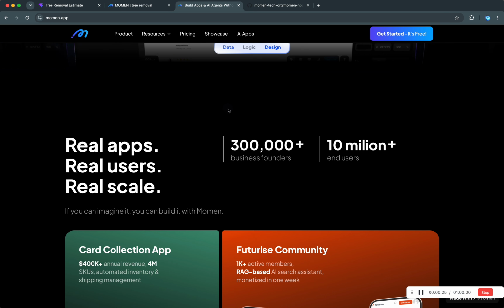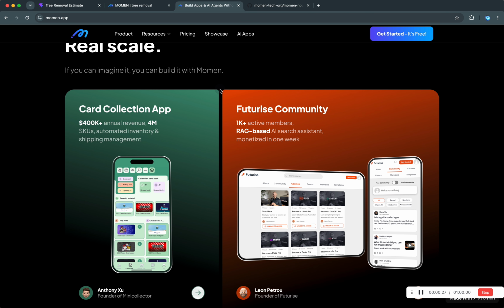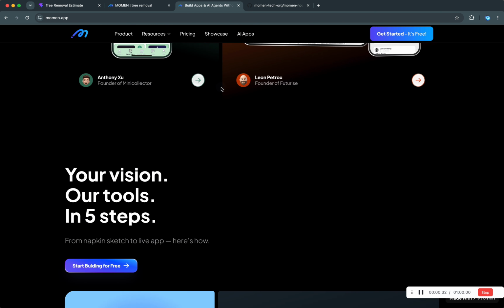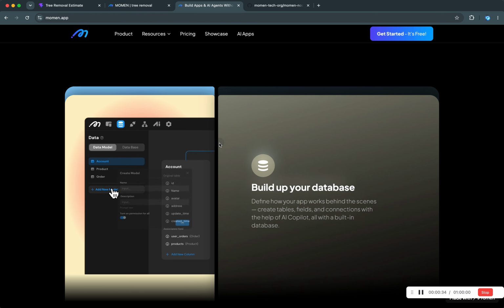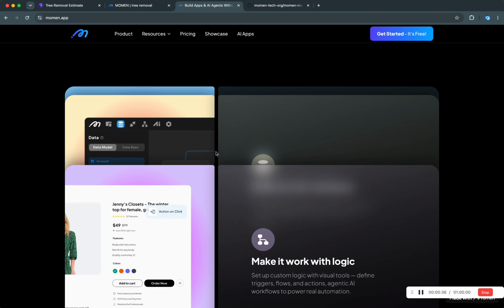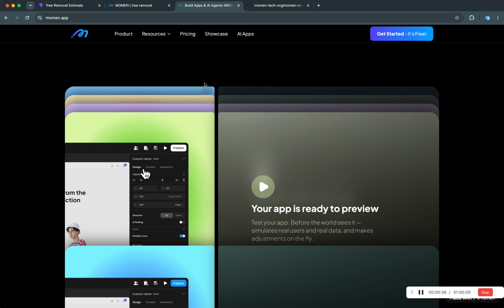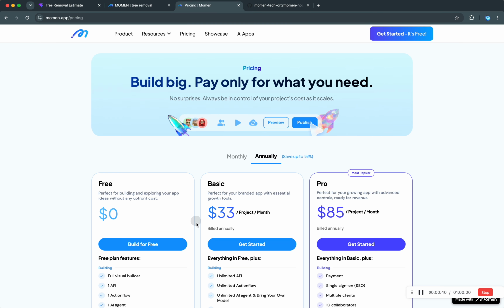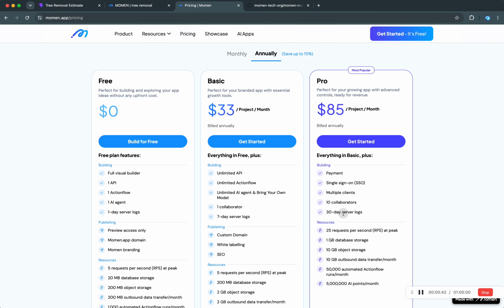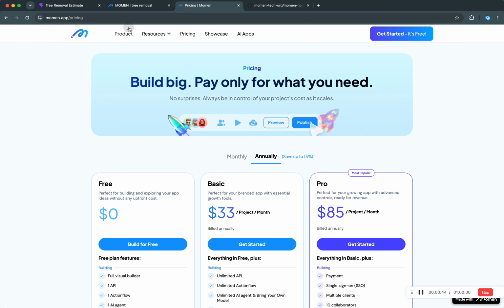One is this one you're seeing here, which is a full stack app completely built and deployed on Momen. This is actually our own website. You can build things that are fairly sophisticated like this. And you can also see that all that dynamic stuff is also built in here. The other way you can use Momen is as a headless backend, or we call them BaaS, backend as a